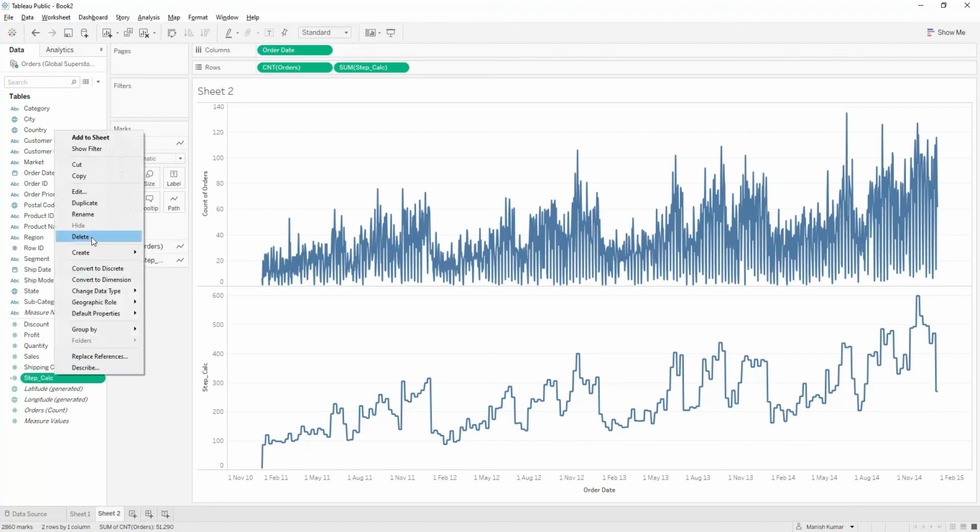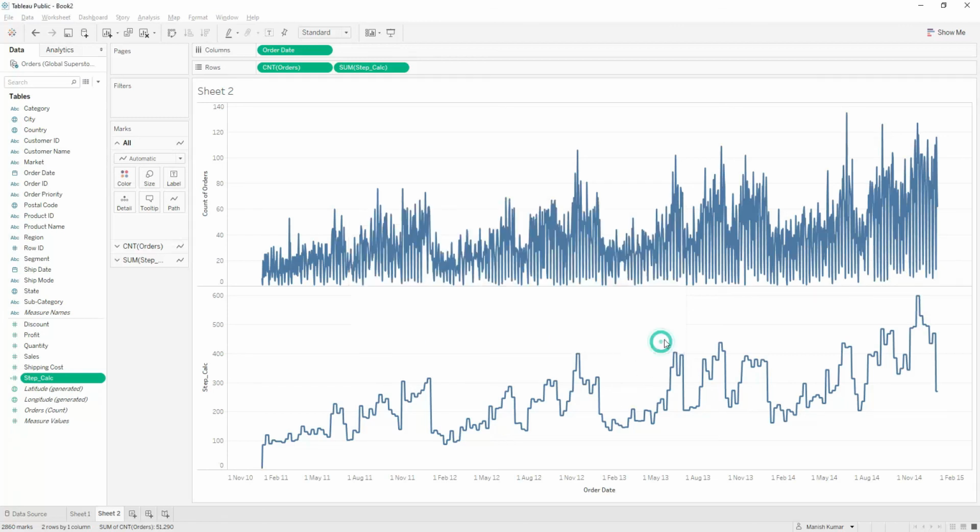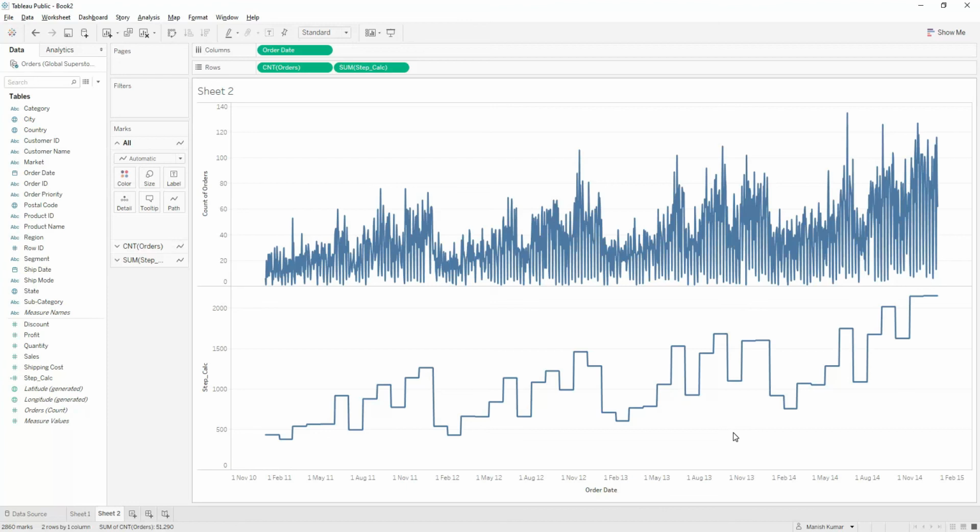If you really want the aggregation to be changed to a higher level, then you can change this to month. You can change the formula, and this is how it is going to smoothen out. So looking at this chart, one benefit that I definitely see is you see the patterns more clearly versus how it appears in a line chart, and this is something that you can consider using.